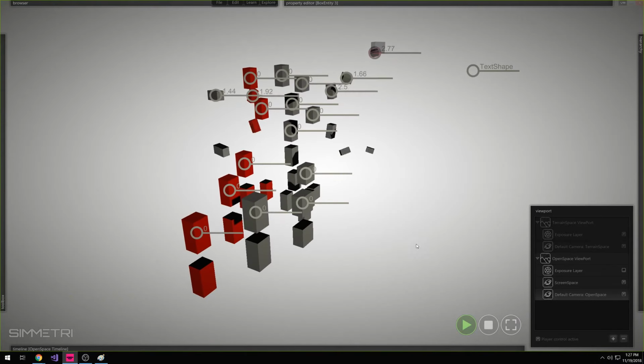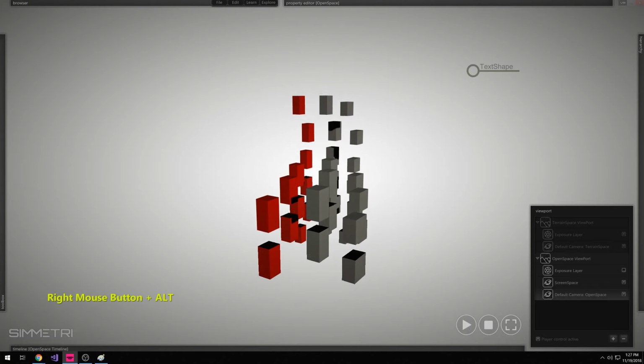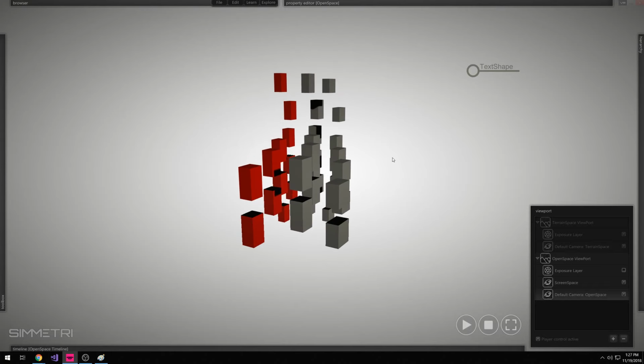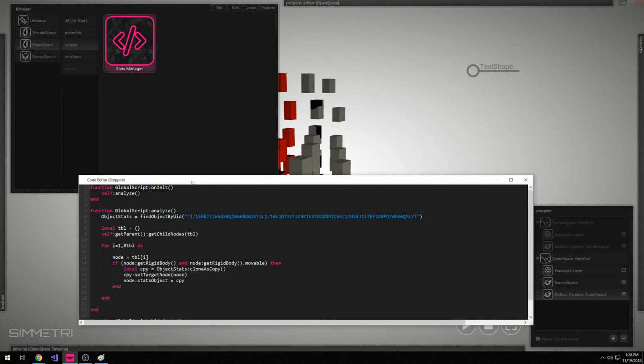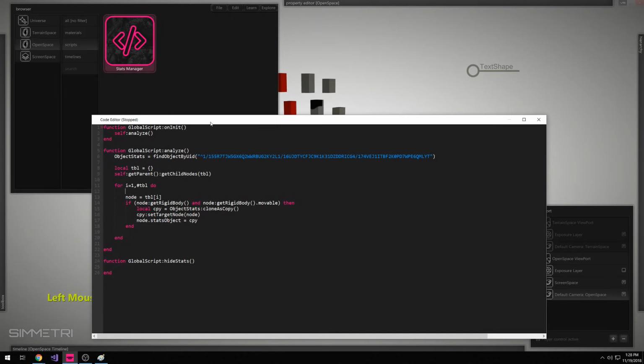But I think it would be nicer if this happens when we invoke it and analyze. Right now we're doing it every single time we hit play, immediately. Let's have it wait a little bit of time, because then we can do something interesting in the space, and then we'll freeze frame that, analyze that, and resume where we left off. So to achieve this, I'm going to go back into the script here,